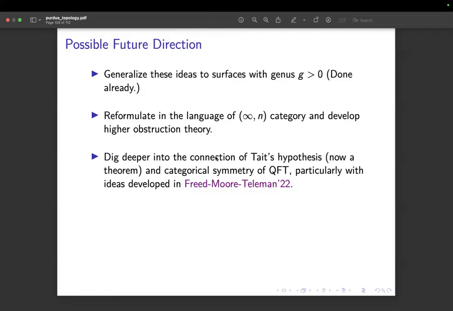And if your graph is embedded in a way so that these curves are not trivial in the first homology group, then you see that the Tait coloring will fail. And that is very close to spectral networks. So that's why I said, and then more on categorical symmetry,